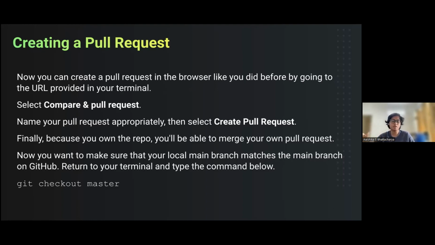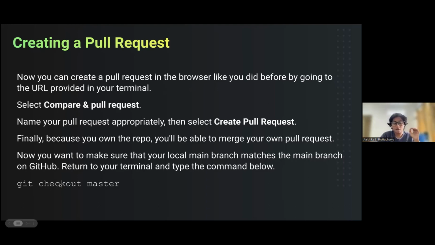Now you want to make sure that your local main branch matches the main branch on GitHub. So return to your terminal and type the command below, which would be git checkout master or git checkout main, because now all of the default branches that we have on GitHub go with the main branch as the default branch instead of master. This was actually done previously.